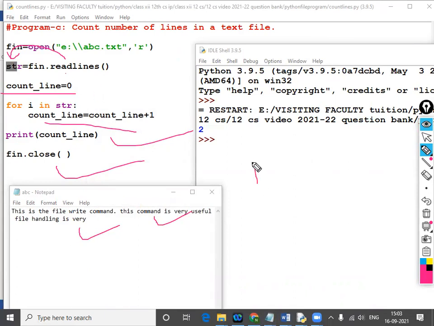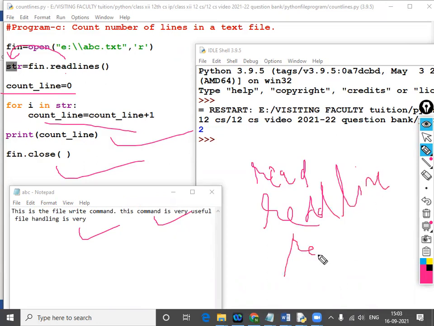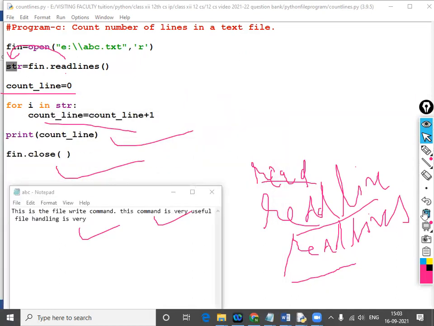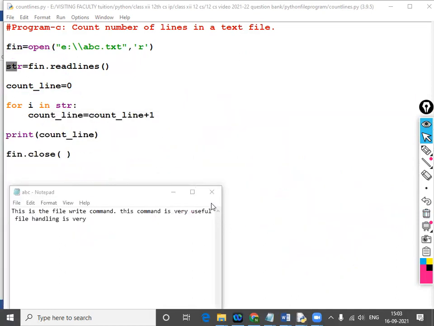There are three functions: read, readline, and readlines. Readlines reads multiple lines, readline reads a single line, and read reads the whole content. So I think the concept should be clear.